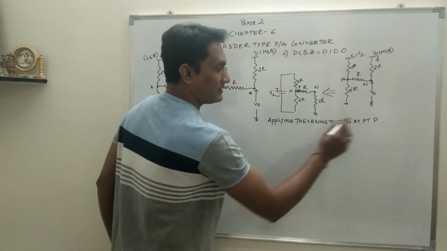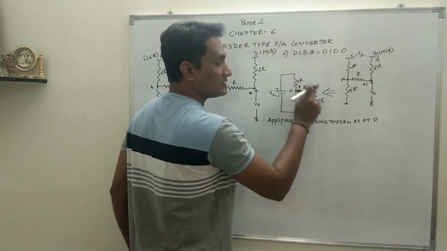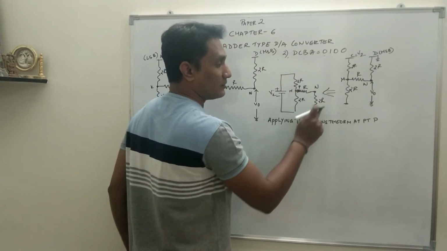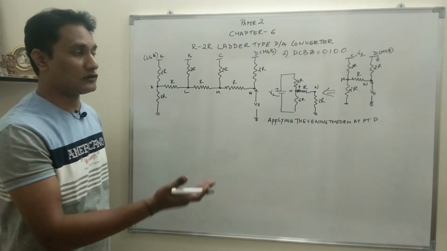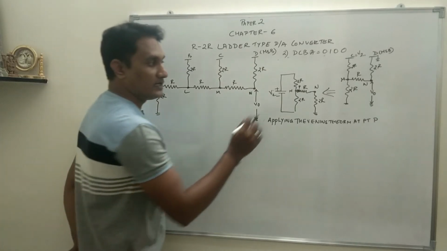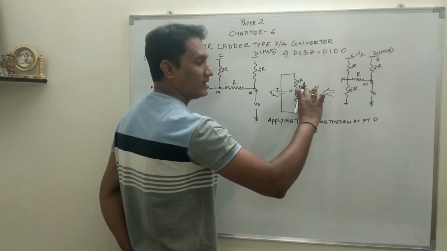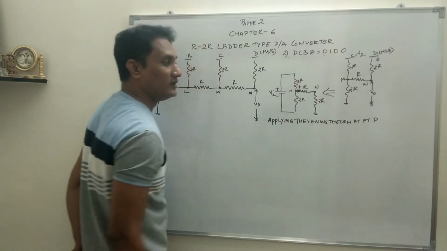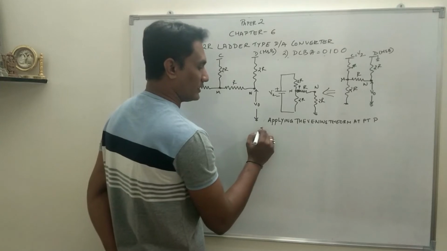When you apply Thevenin's theorem, you have to remove all the resistance connected after that point, from where the output voltage will be taken. It is also called the load resistance. So we remove the load resistance, and once you remove it, this becomes an open circuit. So you have to calculate the open circuit voltage, which will give you the Thevenin's voltage. I'll write here so that you can understand.